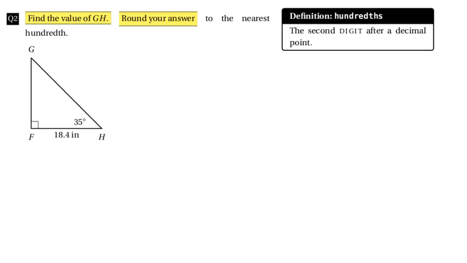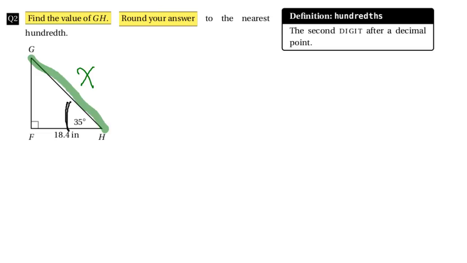In this problem, we're given a right triangle and we're asked to find the value of GH. So the value that they are asking for is the length going from G to H. So it's this green side that they're wanting us to find. So if I put my variable here and I notice that I'm given this, I see that my angle is